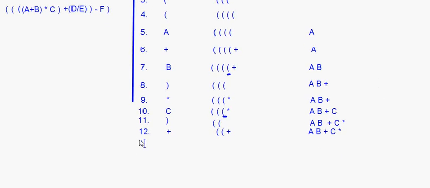Okay, now see 13th. Fine. After plus we have an opening bracket, so that opening bracket goes into the stack, right? Then step number 14, we have got D. D will go into the postfix expression. Here for step number 13, the postfix expression remains the same, right? So here you have AB plus C into,